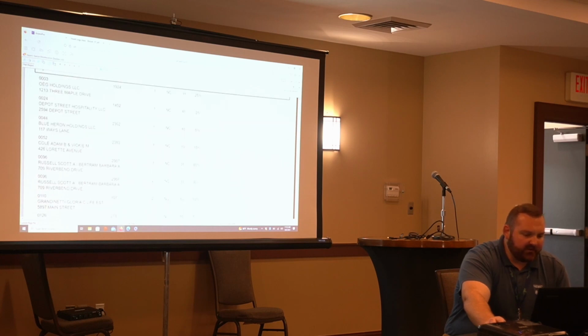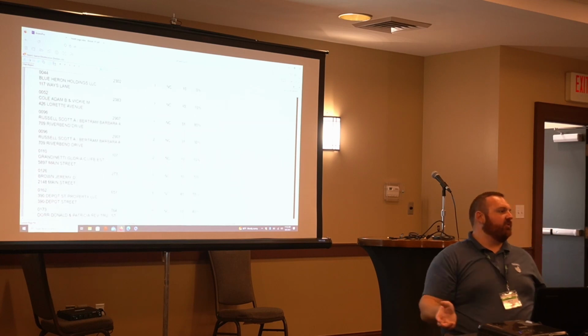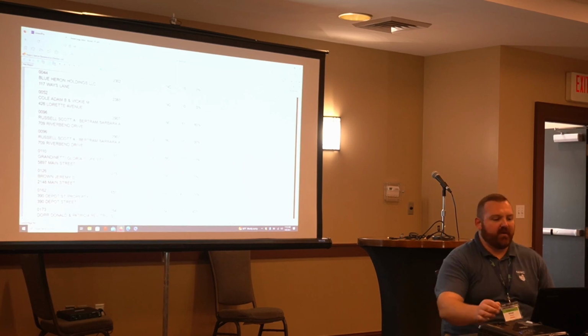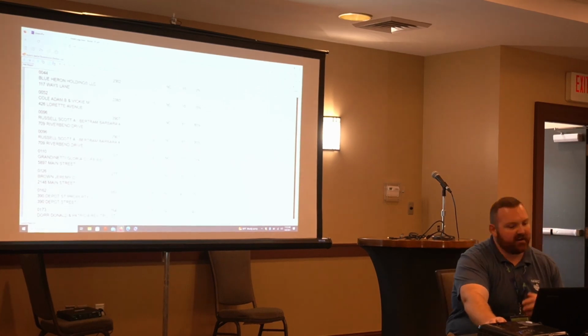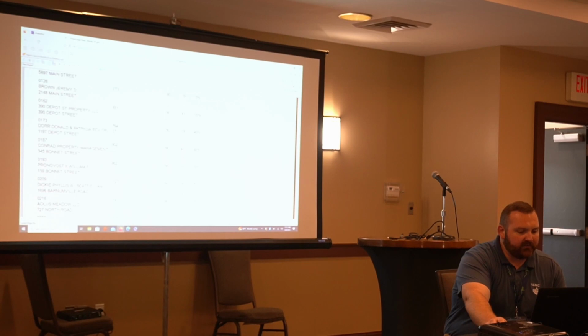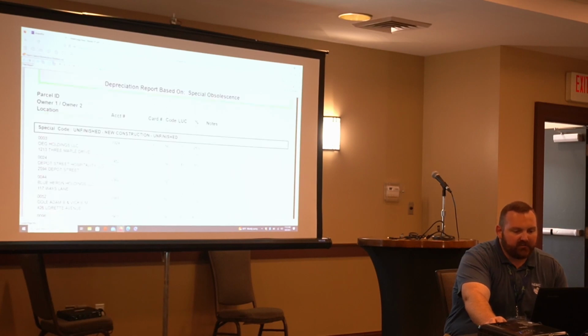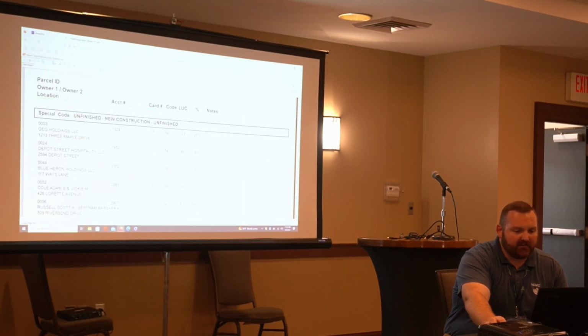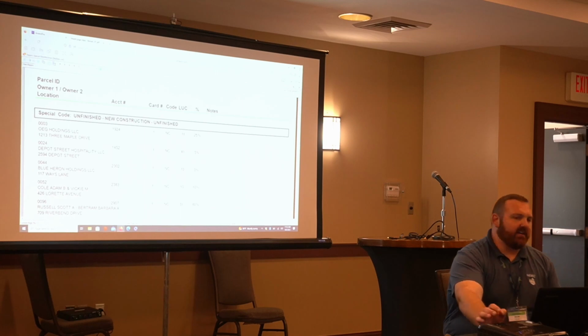And there you go, there's your list. You can also take that same filter and do a batch print. So you can do a batch print of that same filter and print out every record card all at once. This also gives you the ability, and we didn't set this up in town for this, to add